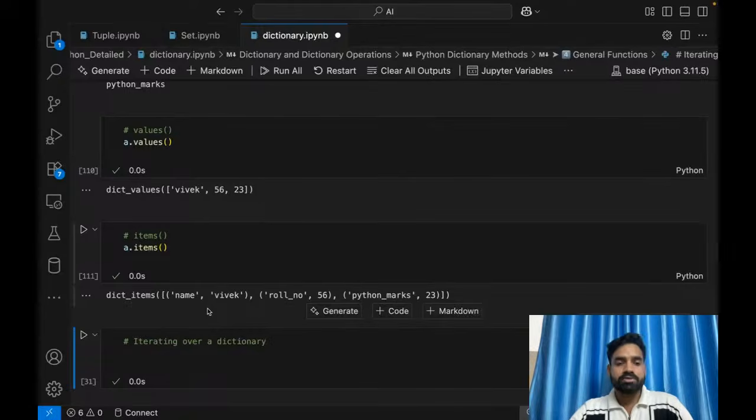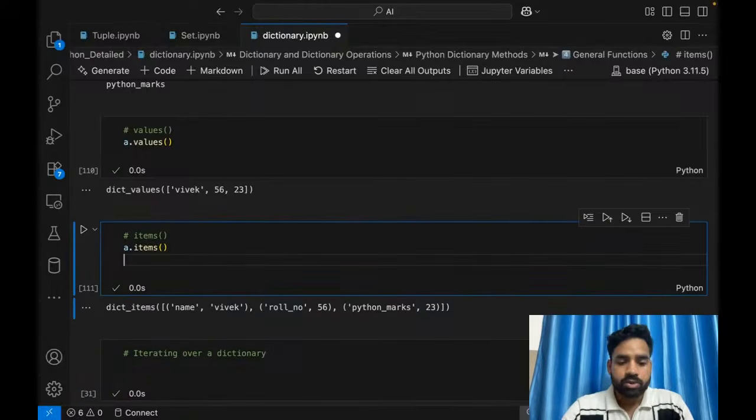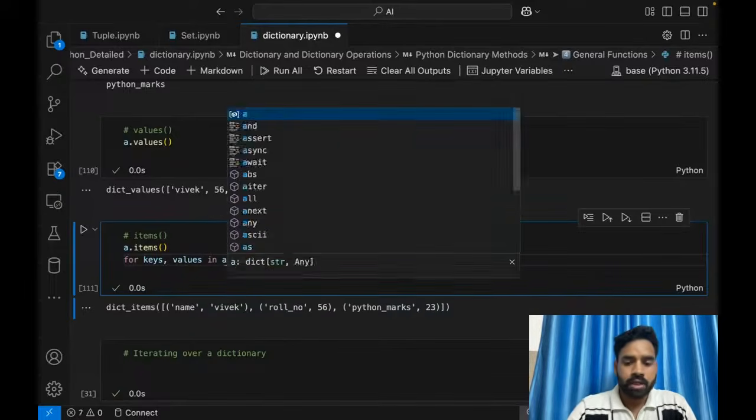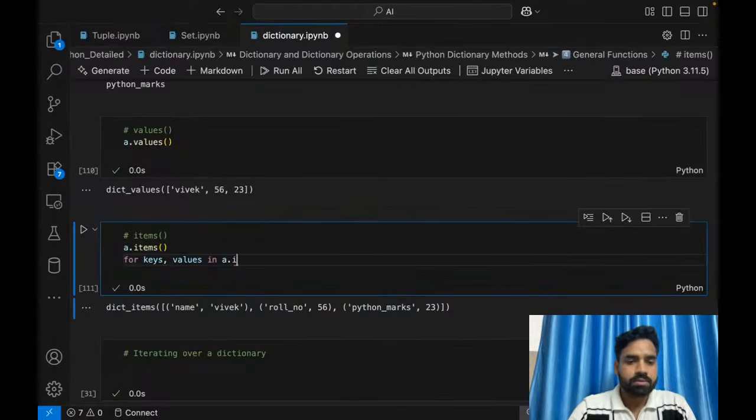In the same way, the items method will give you a list of sets of those values. So what is important here? If you want to apply for keys comma values in a dot items,